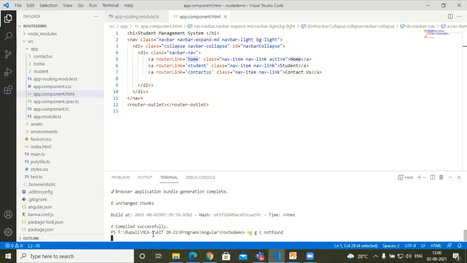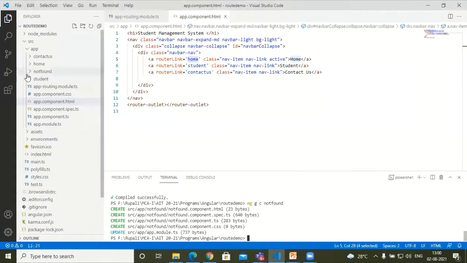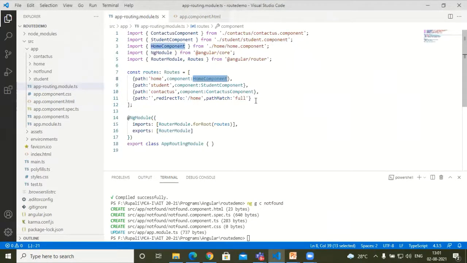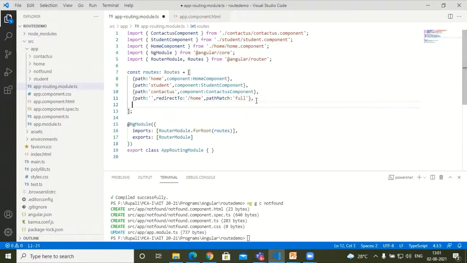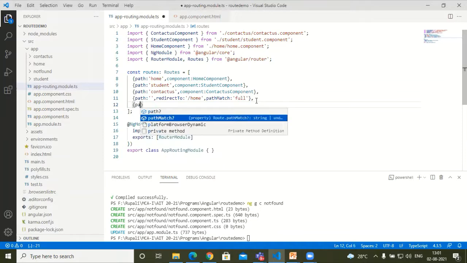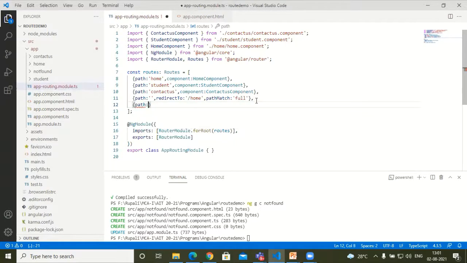Okay, now just observe our not-found component is generated, but again, I have to add that into my routes. Yes, so the not-found path will be called whenever my user is typing anything. So how is that anything being replaced?